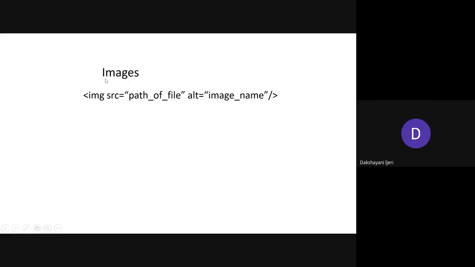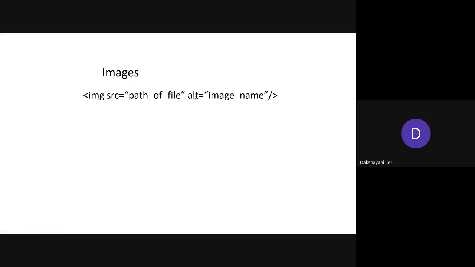If you are asked to include an image in the web page, you are going to write it as complete image. But though the name is image, the element is termed only img. Right. So following that, you have two attributes to be used in this element. One is mandatory and the other is optional here. So src, the source attribute, is mandatory, whereas the alt attribute is optional here.